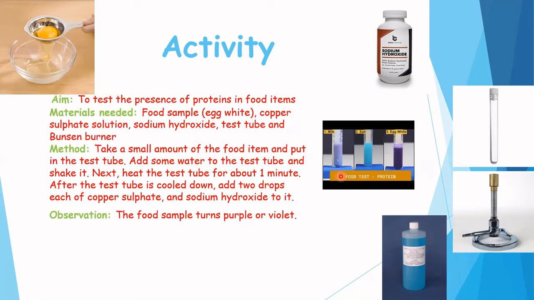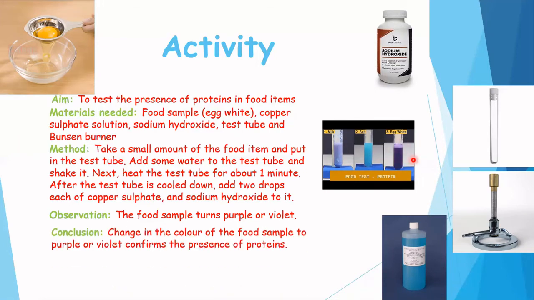So in this we can see the food test of protein. Firstly, we have took milk. It is purple, means protein is in small amount. Then salt. So it is in blue color. If the protein is not present, the color of the food sample will be blue. And then egg white, which is the rich source of protein.